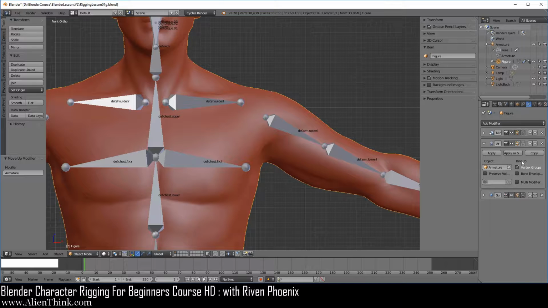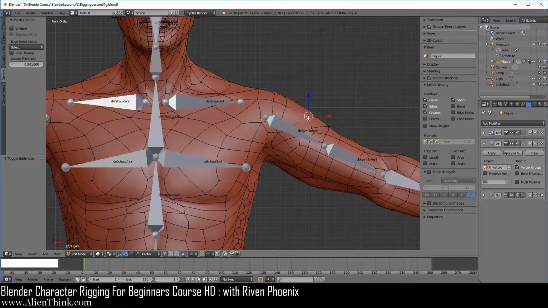Now, in order to understand how this concept works with vertex groups, we're going to have to click this button which says display the modifier in edit mode. Go ahead and click it. Basically what this allows you to do is that when you have the figure selected and when you go to edit mode, you can actually see how the position of these vertices are going to change when you have this button selected. So you'll see how this works a little later on.